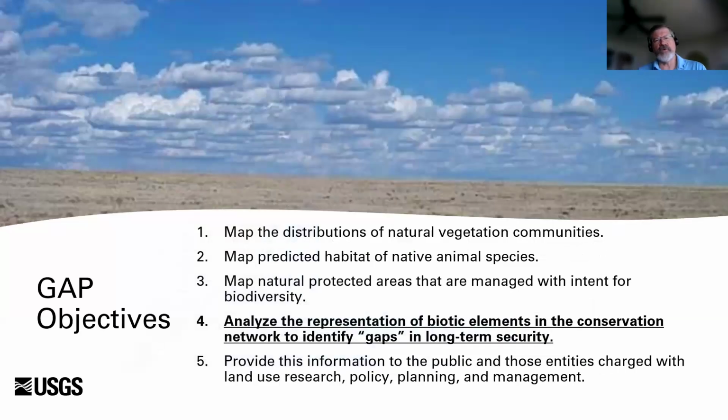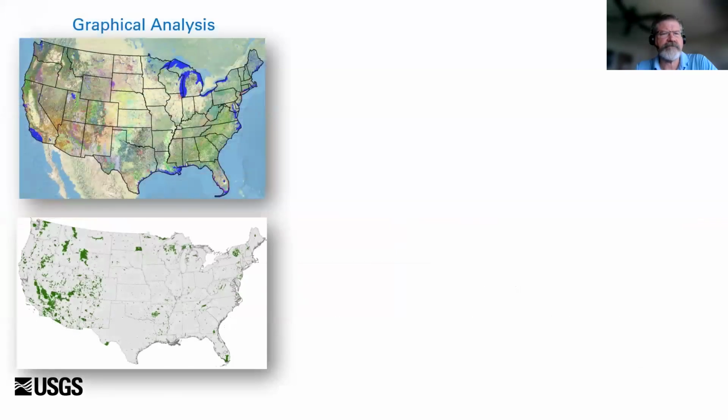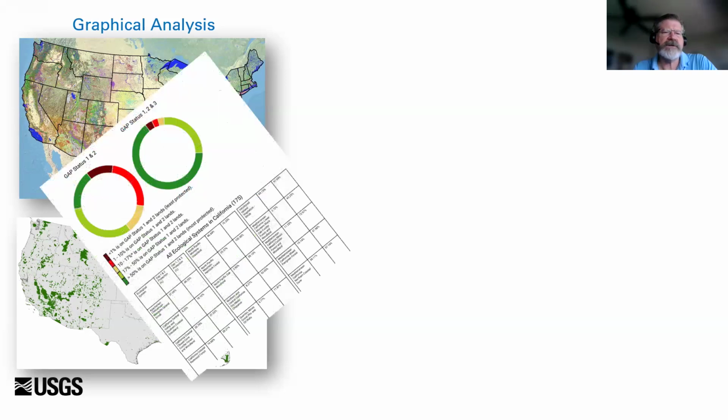So as I said, we've got that land cover, now we've got habitat models, and now we have PADIS, and now we can analyze that data to identify the gaps that we're searching for. So the first thing is pretty simple. We can use PADIS. Typically what we'll do is we'll look at conserved lands, and those are status 1 and 2 lands. Those are those 2 status categories that have a high level of intent for maintaining biodiversity. So we can do the analysis for land cover and create those statistics and come up with graphics to help folks out.